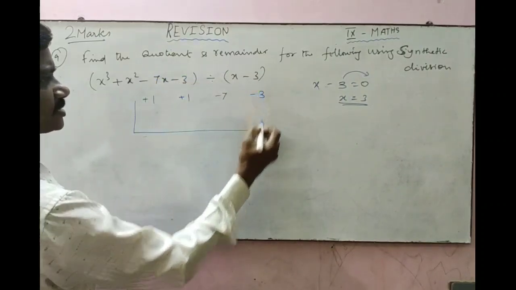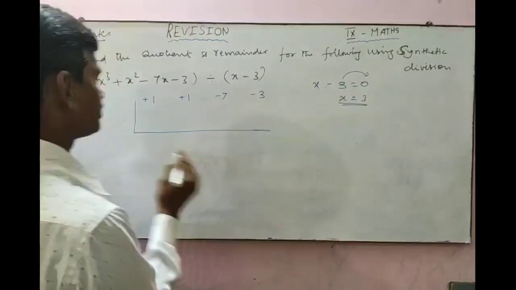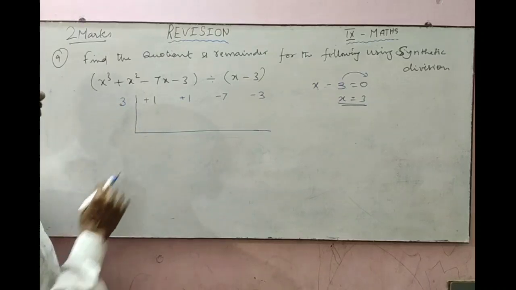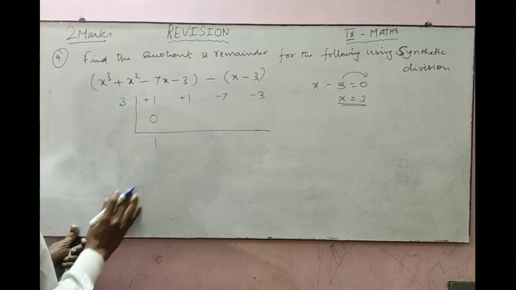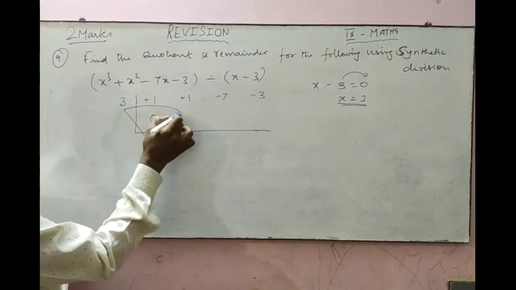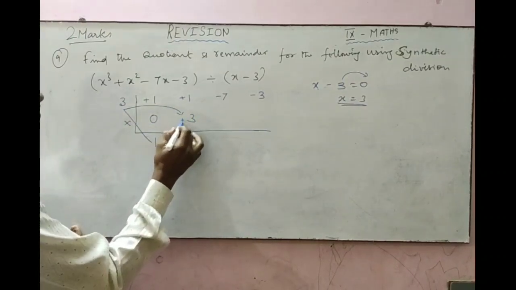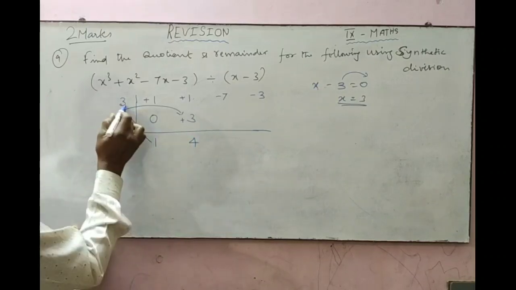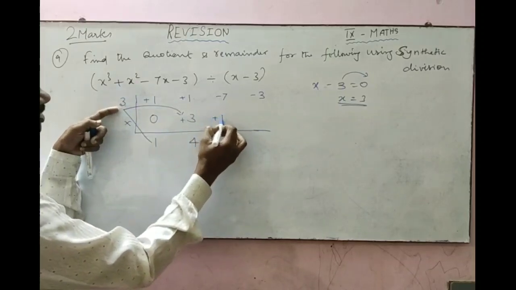Here minus 3. Now I am going to take the 3 as the divisor. Write it in this side. So first நான் இங்க 0 போட போறேன். 1 plus 0 gives 1. 1 into 3. Then you have to multiply these two and write it here. 1 into 3 gives 3. So 1 plus 1 plus 3 gives 4. Again I have to multiply these two and put it here. 4 into 3 is 12. So plus 12.